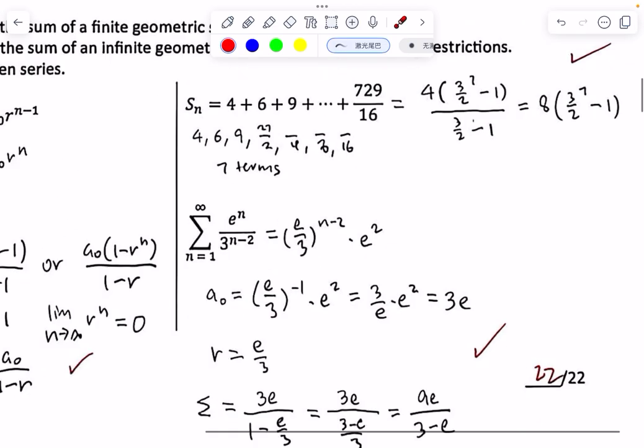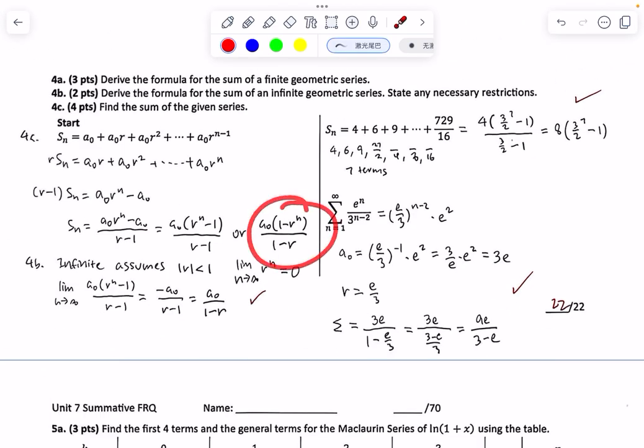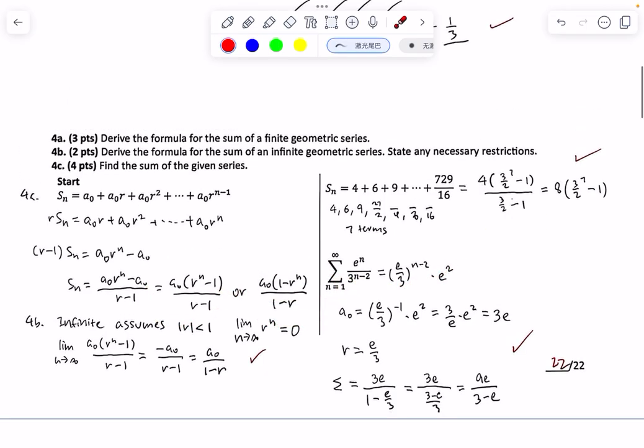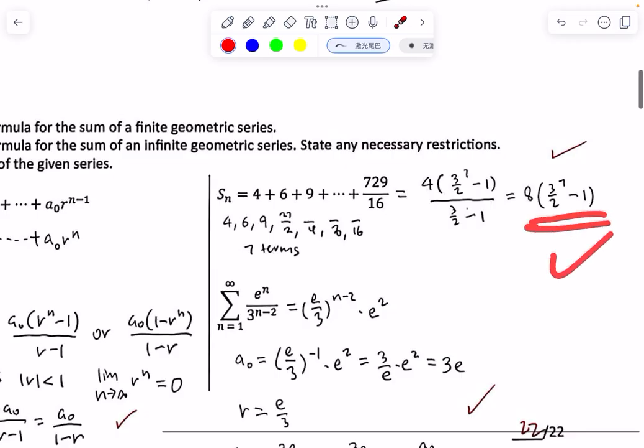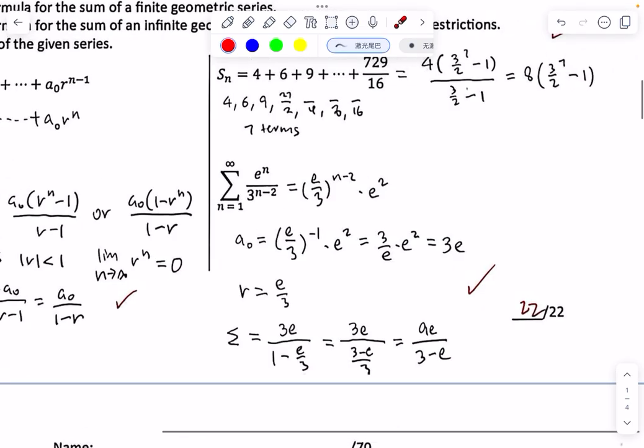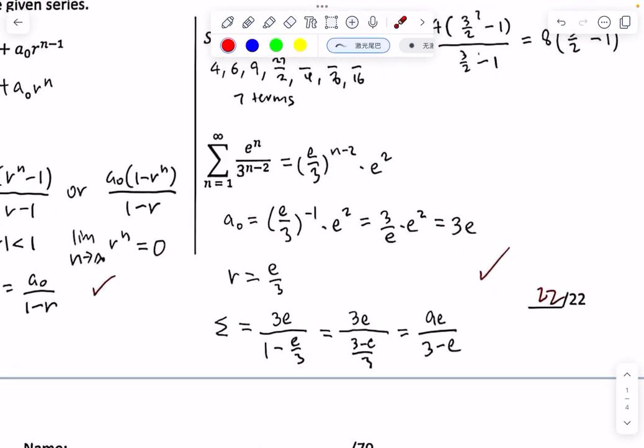And with the number of terms, we just plug and chug with our formula. Over here, or actually, I use this one. And so getting here is perfect, full points. You don't have to go any further if you don't want to. And then for the next problem,